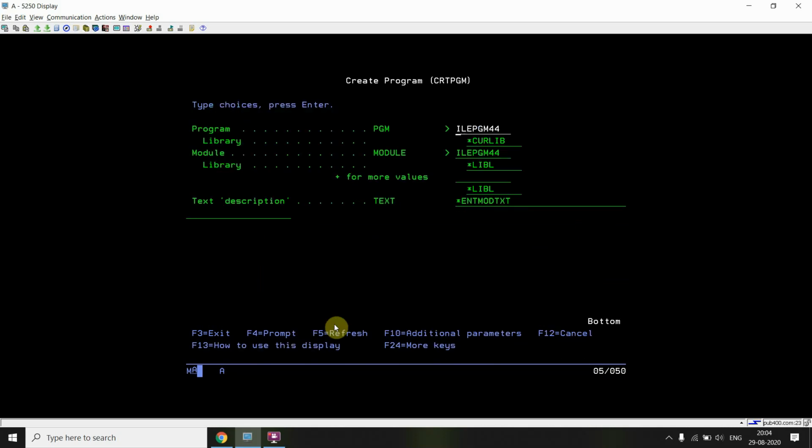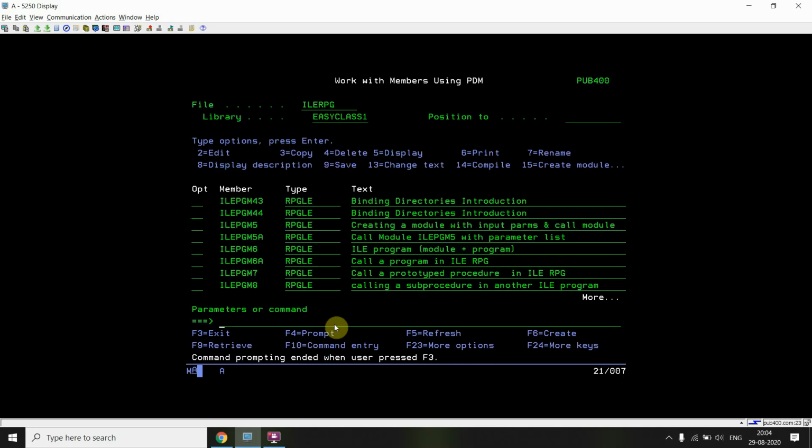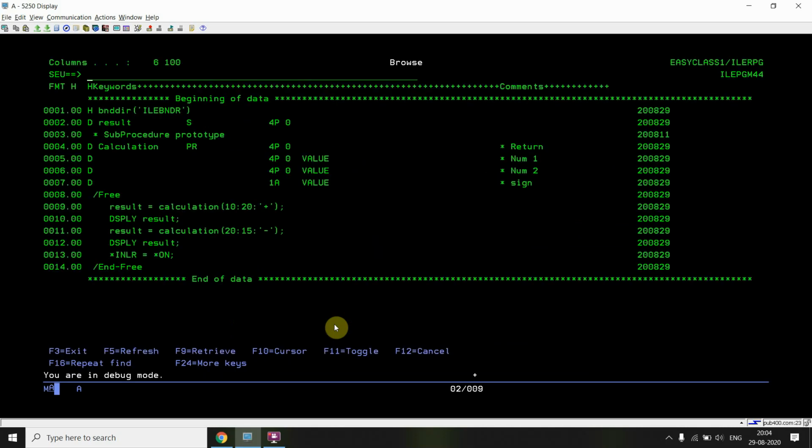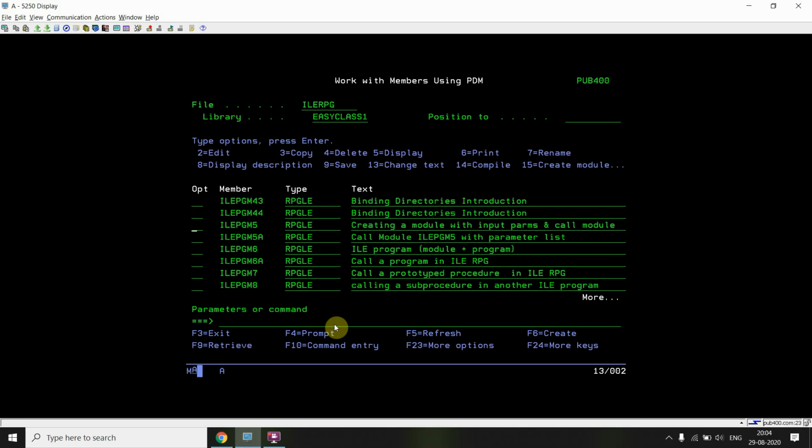If we go by this, we will be getting an error. Why would we get an error? Because we are using the binding directory, and in the binding directory we didn't add this service program ILE PGM 43. Or I'm not getting the error because I have already added those modules.